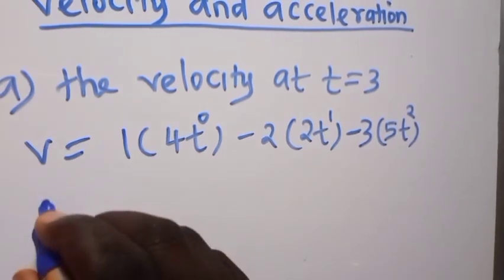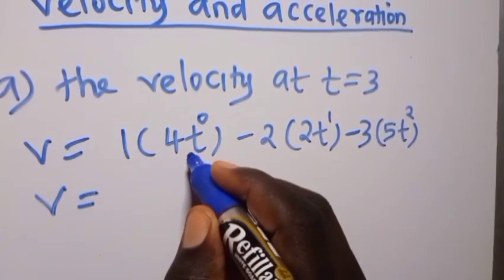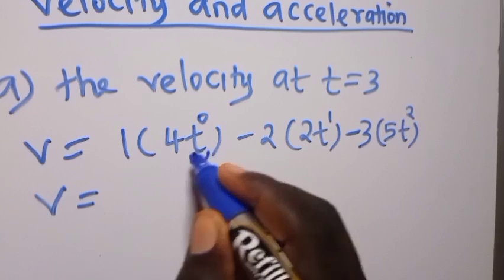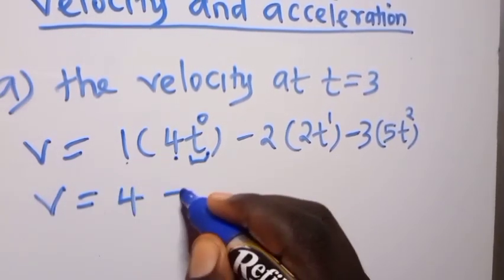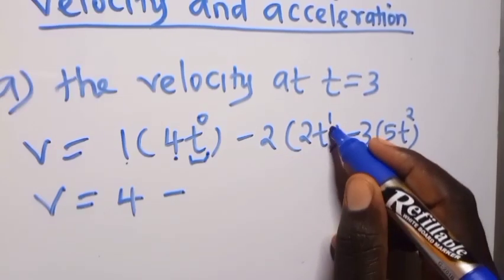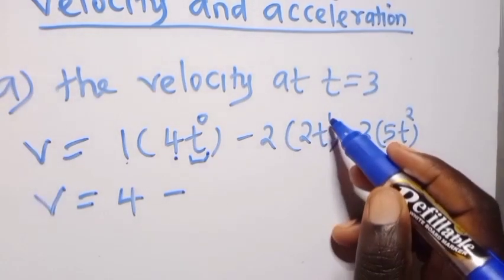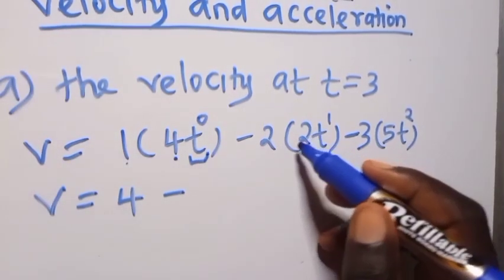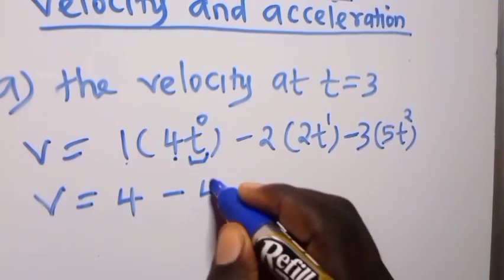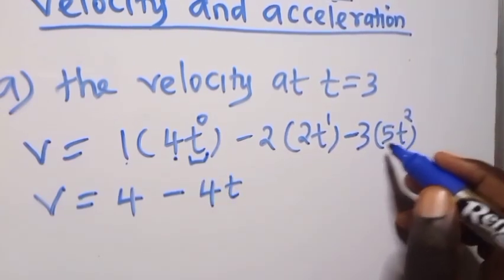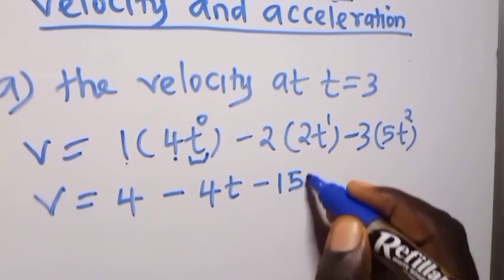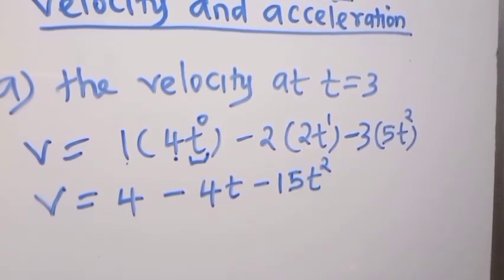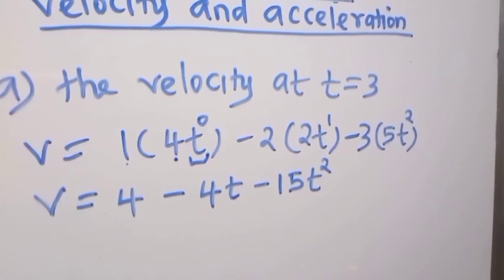Therefore, we shall have v equals t raised to 0, which is 1. 1 times 4 is 4. Then minus t raised to 1, that is t, times 2 is 2t, then times 2 is 4t. Then this is 3 times 5t squared, which will be 15t squared. Now, since this is the equation of velocity,